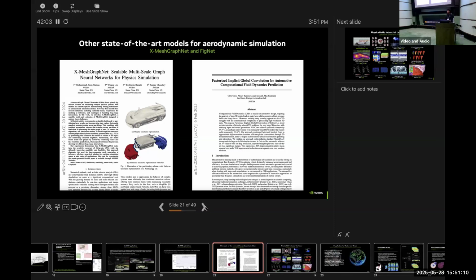These are some of the other works that we have been doing in terms of pushing the boundaries of what can be done. Some of the other models being explored here: this was the model that I was alluding to, X-MeshGraphNet, which has backing in GNNs, and you have this other one we are calling FigNet, which uses yet another method to model these. In all of these methods, the fundamental motivation is the same: the model should be able to capture these large meshes and define features that come along with them.